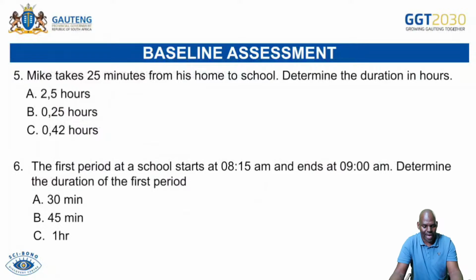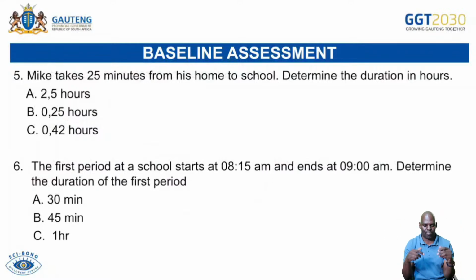Then the next question, question 5. Mike takes 25 minutes from his home to school. Determine the duration in hours. So in this case, we are told that Mike takes 25 minutes from his home to school. Determine the duration in hours. In other words, we need to convert from minutes to hours. So you should know